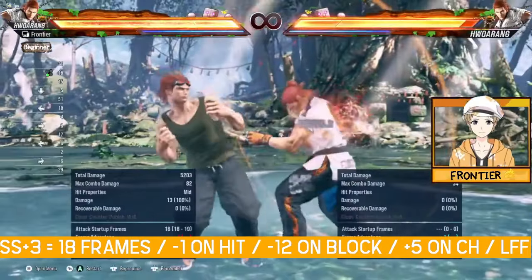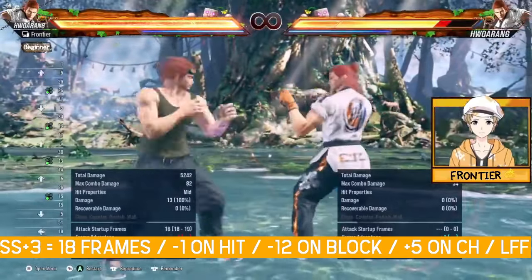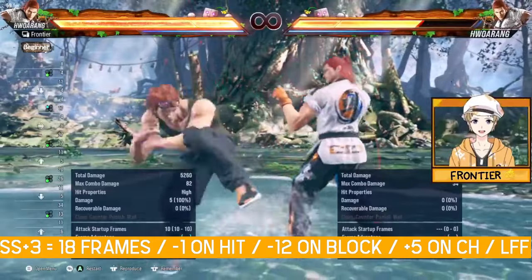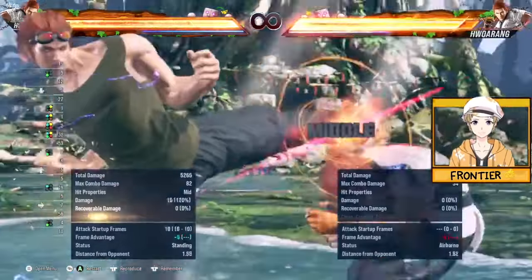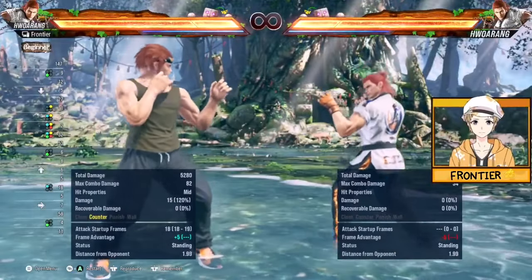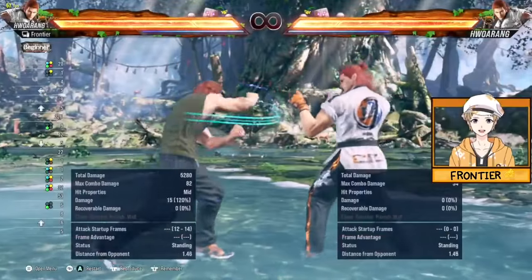So SS3 is an 18 frame sidestep move that is -1 on hit, and if it does get blocked it is -12. Now if this move does counter hit, your opponent will fall to the floor. So if they don't hold a button right afterwards,